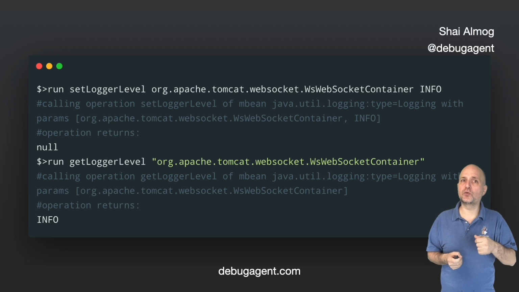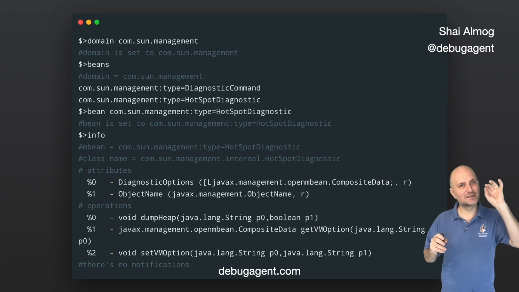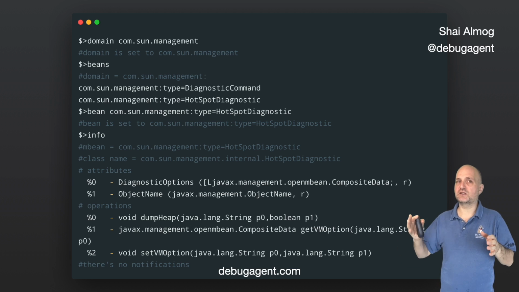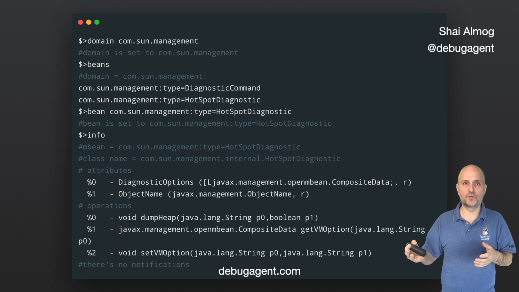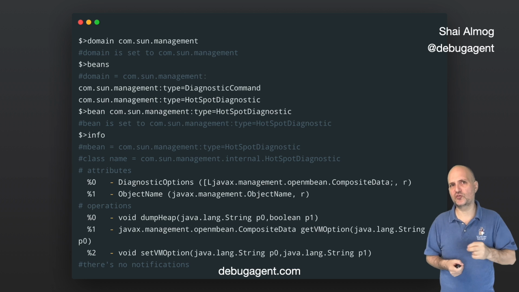Here we invoke the setLoggerLevel operation with two parameters. The first parameter is the name of the class where the log level should be changed. The second parameter is the info logging level. This is just the tip of the iceberg. We can get many things such as Spring settings, internal VM information, etc. In this example, I can query VM information directly from the console.